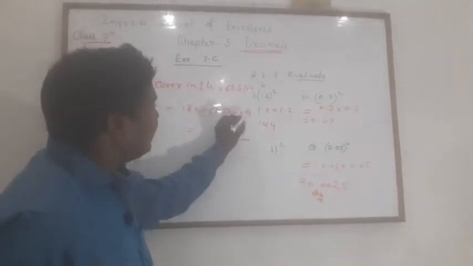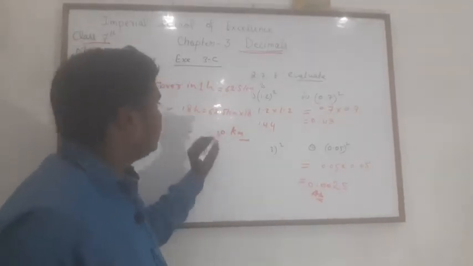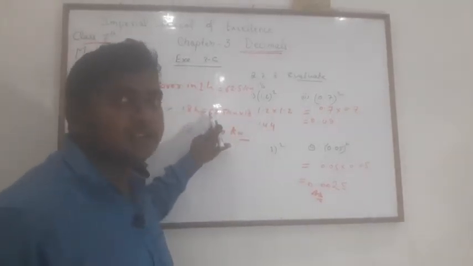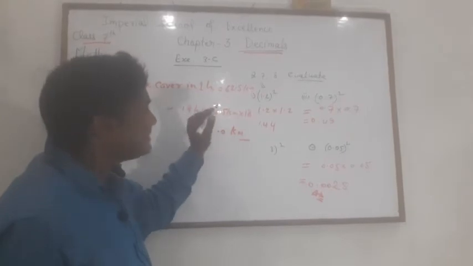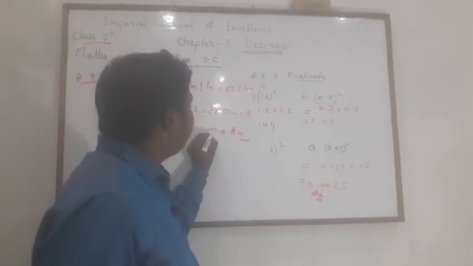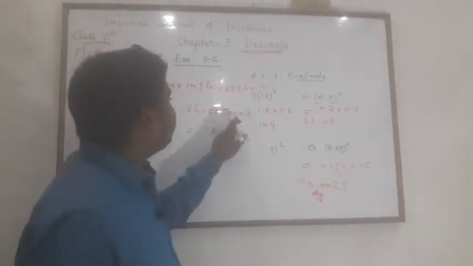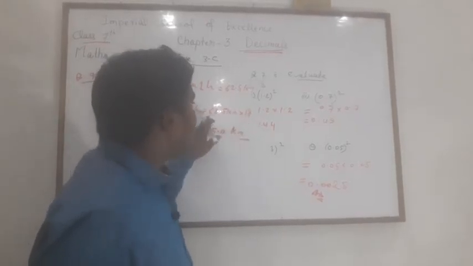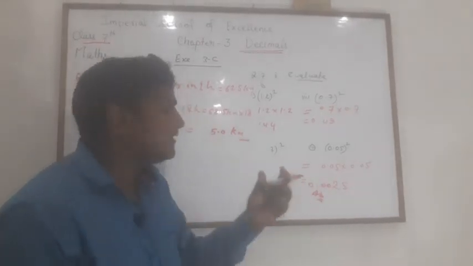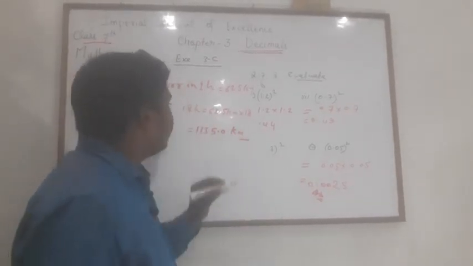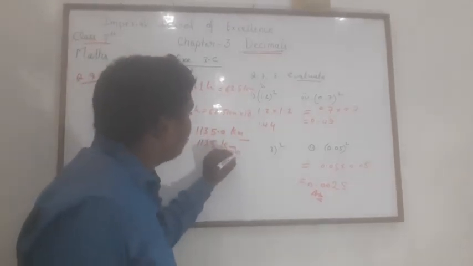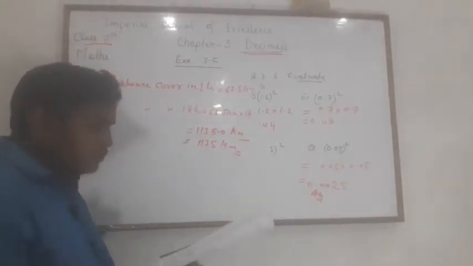18 5s are 90, and 90 to the 0. Okay. Now 18 2s are 36. 36 and 9, it will be 45. 45 to the 5, carry 4. Now 18 6s are, what will it be? 18 5s are 90 and 18, so 108. 18 6s are 108. To 108 we will add 5, so 113. So this is 1135 kilometer. Hope you understood.